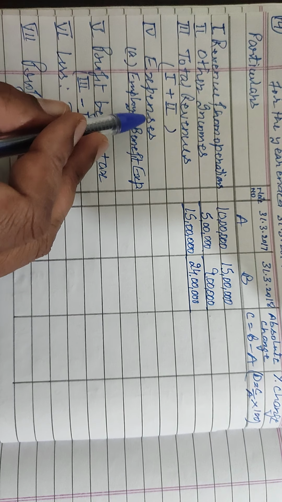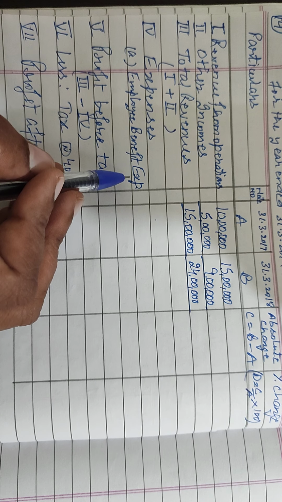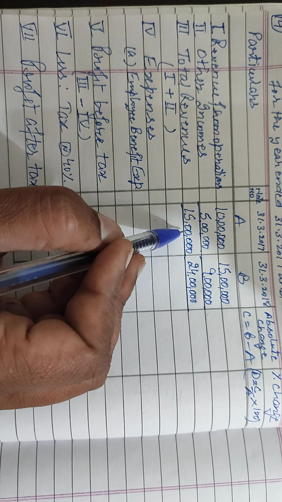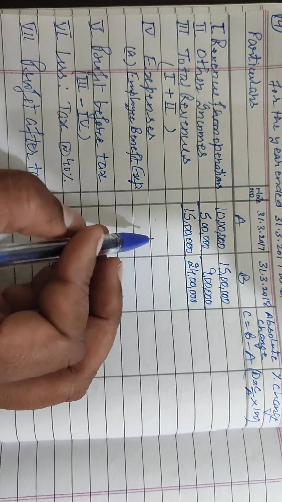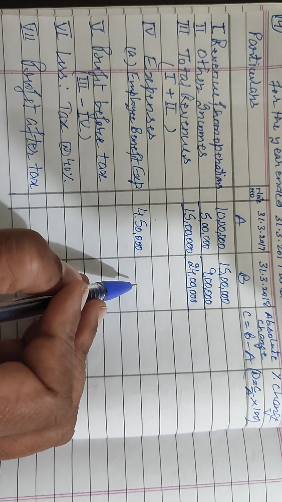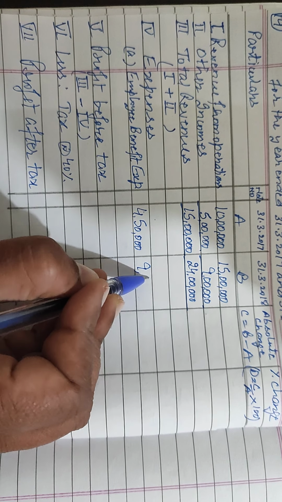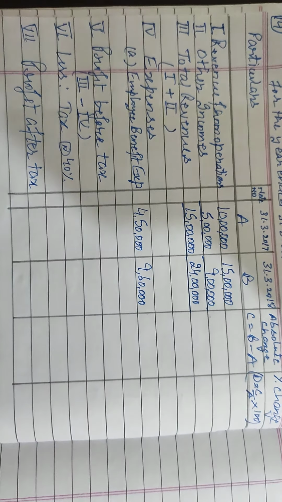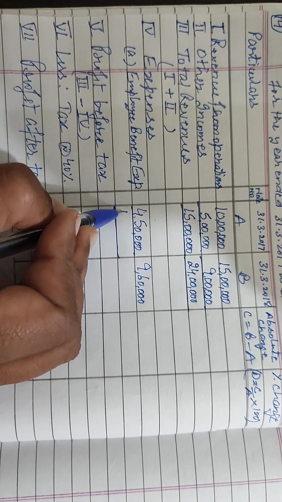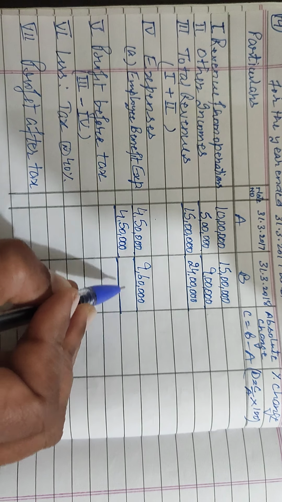Then we have to find the amount of expenses. Under expenses only employee benefit expense is given. Its value in the previous year is 30% of total revenue. Total revenue is 15 lakh; 30% of it is 4 lakh 50,000. In the current year it is 40% of total revenue. 40% of 24 lakh will be 9 lakh 60,000. Take this as the total, since there is only one item: 4,50,000 and 9,60,000.